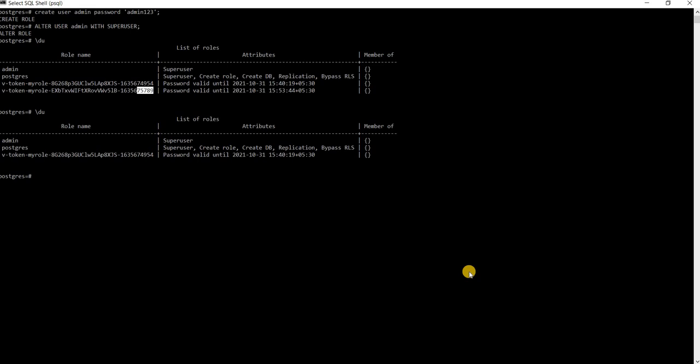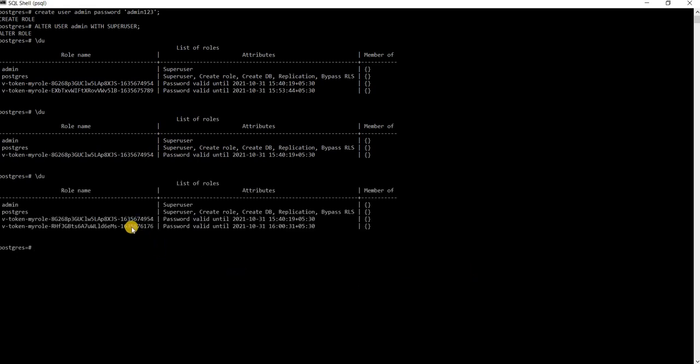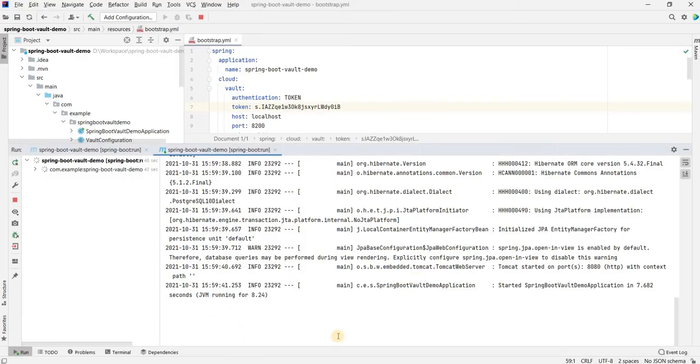So let's verify what user it's using right now. So the latest, when the app started, it's using the username 76176. Now, after some time, that credentials would expire, and we would have new credentials that the app would be using. So in any moment from now, we'll start seeing logs which will say the credentials have been rotated. Let's give it some moment.